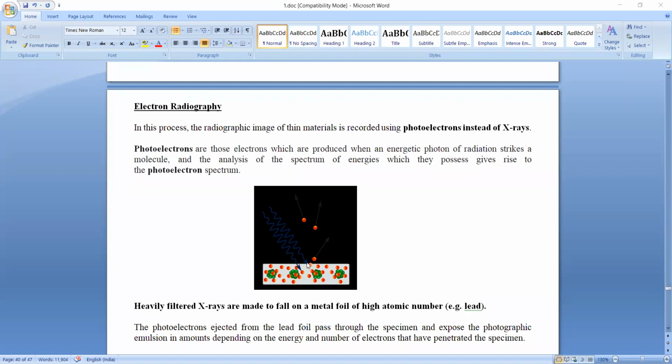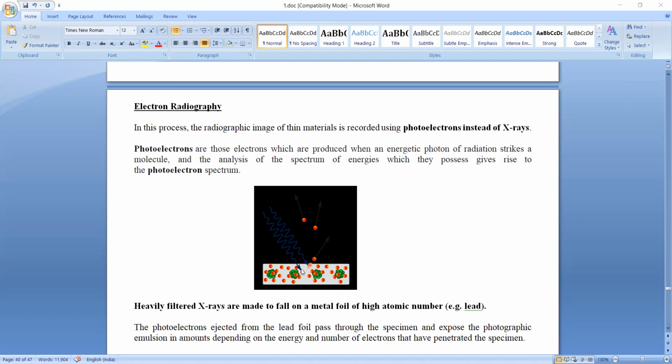See this. Suppose you take a metal, and these are the molecules of the metal. Suppose this is a lead metal. X-ray radiation hits that molecule. Some electrons are removed because this X-ray radiation has some energy. You know that radiation has some energy. That energy removes the electrons from the molecules. You know, a molecule means a combination of atoms, and atoms have electrons revolving around the nucleus. By supplying the energy, we can remove those electrons. That causes a flow of electrons. You studied this in electrical technology, I think.